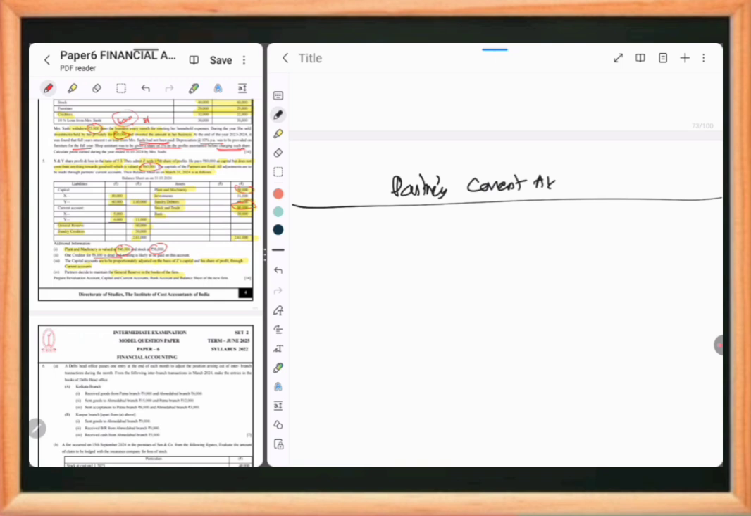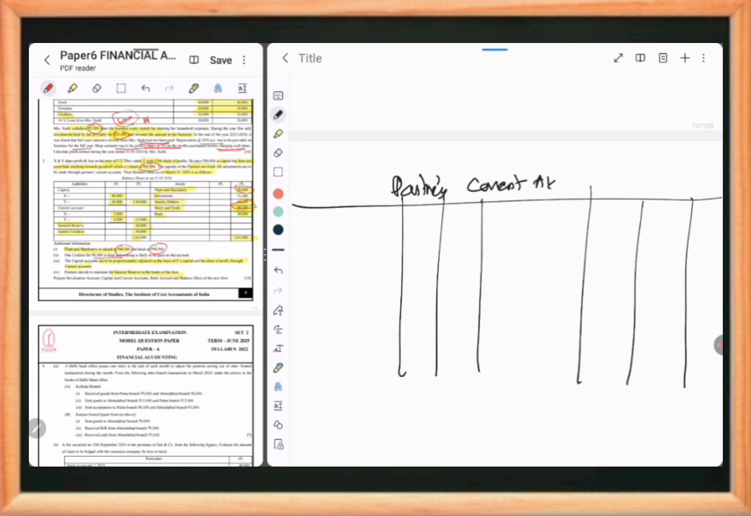Partners' current account. Here also you put it. So by balance, current account opening balance, how much? 5,000, 6,000. This is X, Y, Z. So 5,000, 6,000. And then general reserve